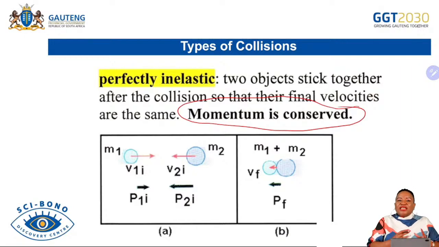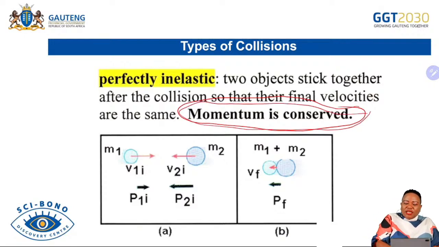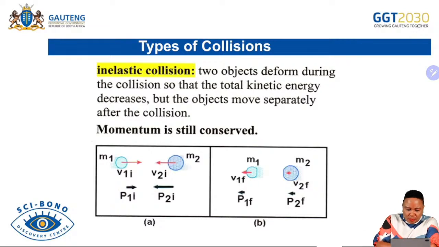Momentum will be conserved, and these are some of the multiple choice questions that ask what will happen during an elastic collision. They give you momentum, and they give you energy, kinetic energy, and sometimes they will be specific, say kinetic energy, or they'll just say energy. Then they say momentum conserved, energy conserved, or momentum conserved, energy not conserved. You understand such. So you need to know that even in an inelastic collision, momentum will be conserved, but what will not be conserved is energy. But your duty is to prove that the collision is elastic or inelastic using those collisions.